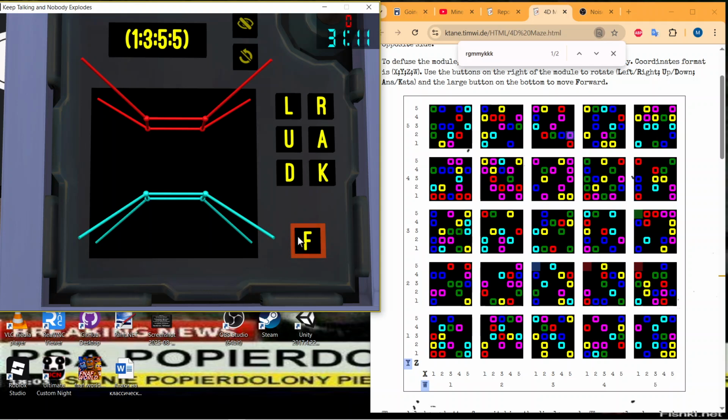What if, okay, so we went forward, so we're either here or here now. We know that Yankee is on the left and right, and as you can see in the module, there is nothing on the left and right. If we're here, we would have 2 blues on the left and right, which means we're here because there is nothing on the left and right in here. So that's great. Now all that is left to do is switch Whiskey to Yankee by doing left or right,